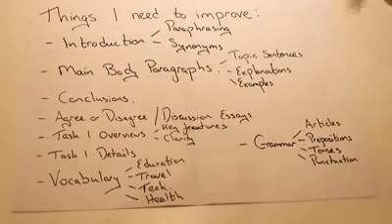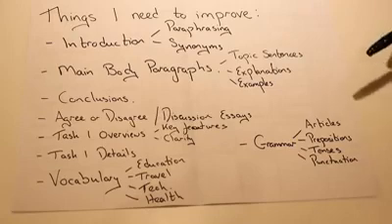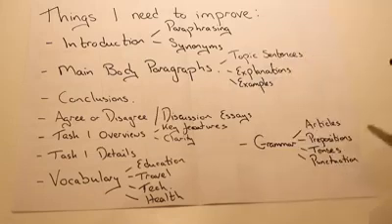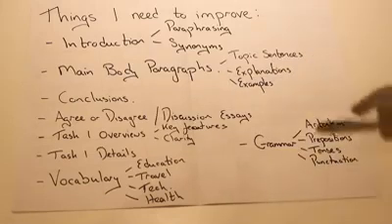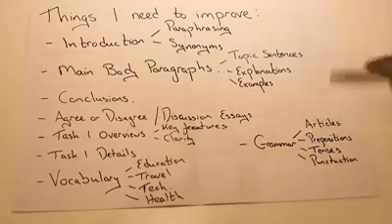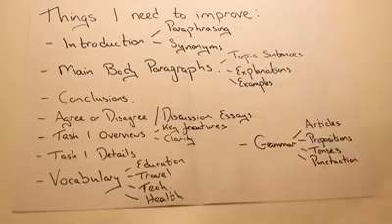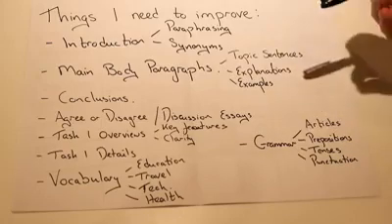So come over here and I'll show you a few things, very simple things on a piece of paper. So here's a list of things. I was working with a student the other day and I looked at their task 1 and their task 2 work, and these are the things that I suggested that they work on. Now, are these things that you should work on? Maybe, but these are unique to that person. But this is just to demonstrate how I would help a student identify their weaknesses.